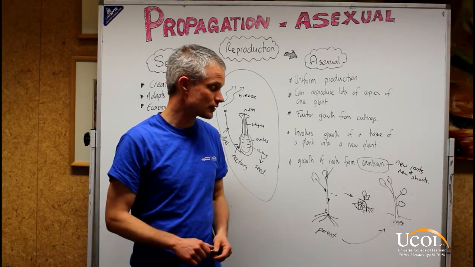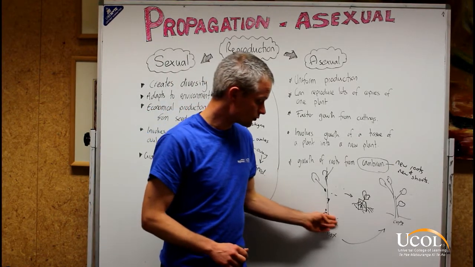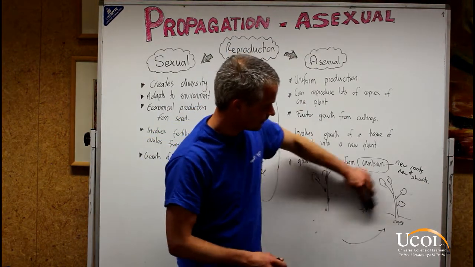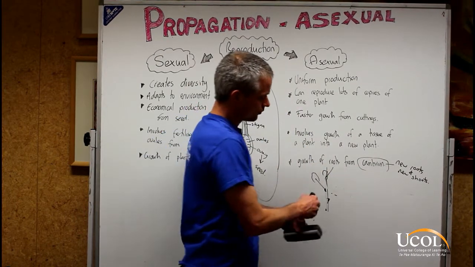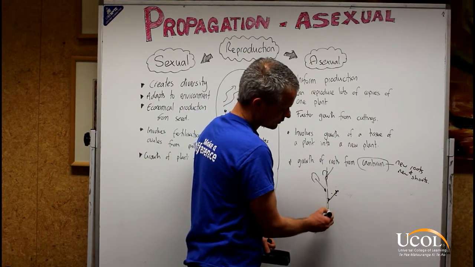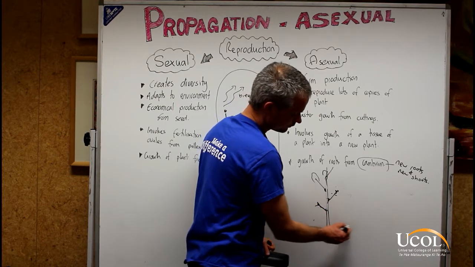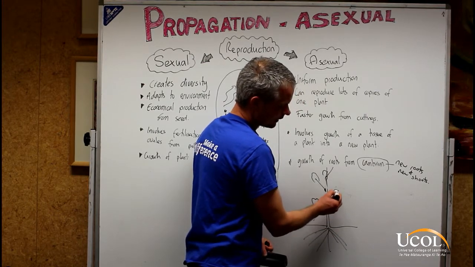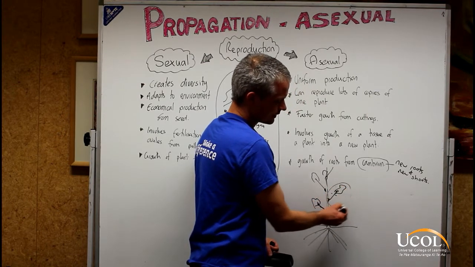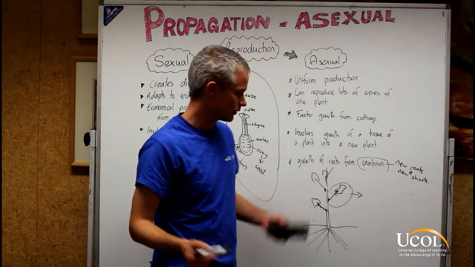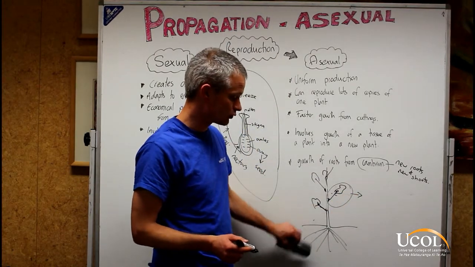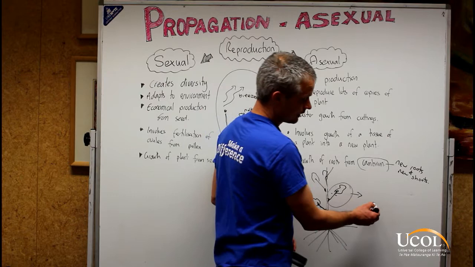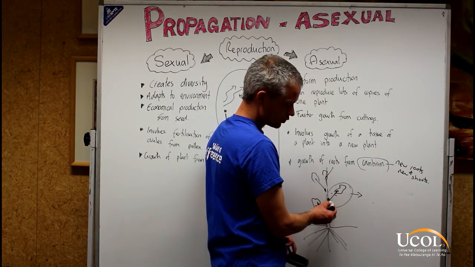So with asexual reproduction, what we're often doing is we're taking a plant that grows as it would normally in nature, so as it grows in the soil. So this is the parent plant. We take a side stem of that plant, or if we're doing some other type of cutting, we'd take a root or a tuber, or we could graft it. But in the case of a cutting, we'd take a side stem of it, and it's this part which is called the node,